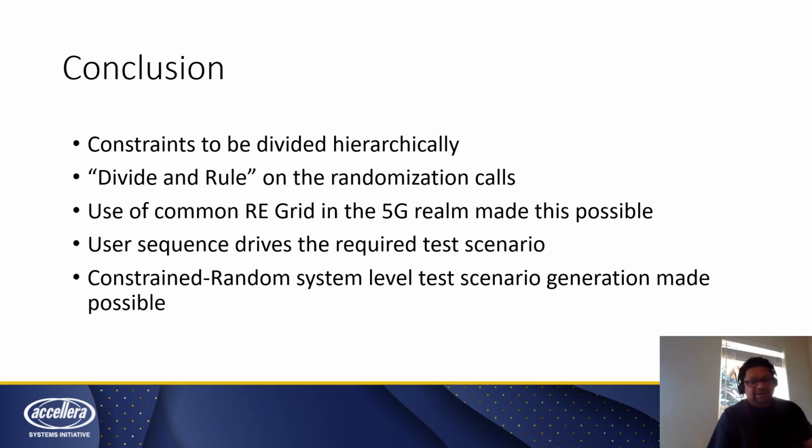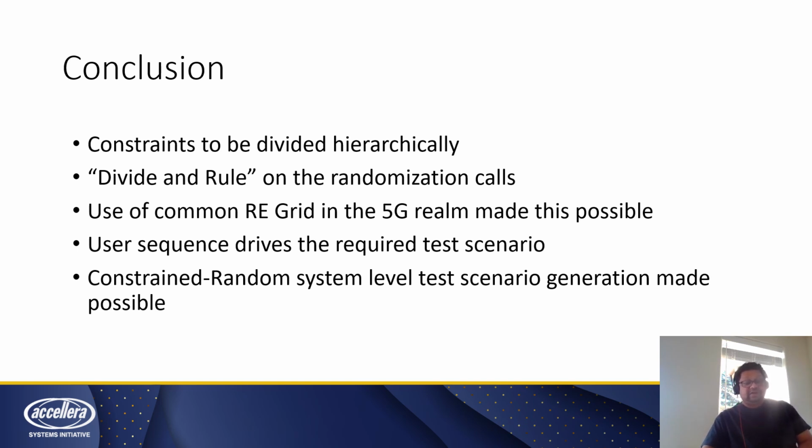All right, to conclude, constraint random system level test scenario generation has been made possible. Some of the things we did cover: constraints have to be divided hierarchically. This means that you can easily maintain constraints when you break it down. We saw that we broke it down into 3 high-level stages. Now this also means that your constraints are getting divided and it is more manageable. And secondly, the randomization calls themselves